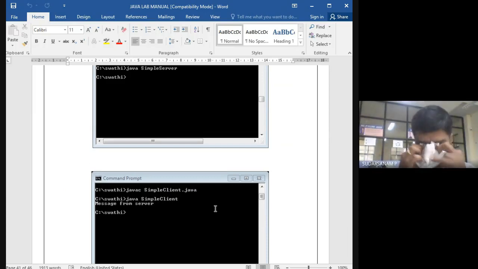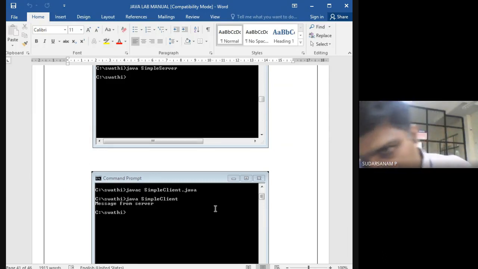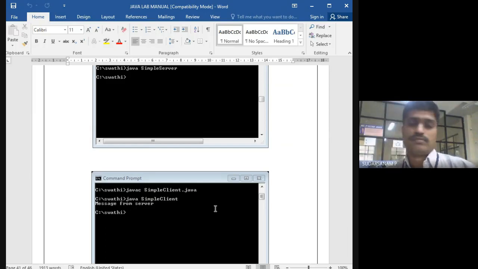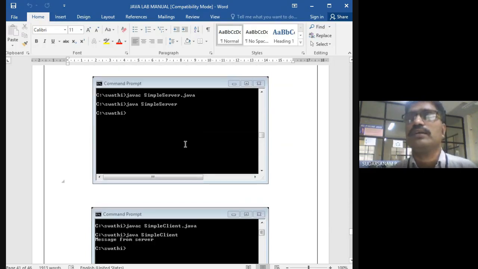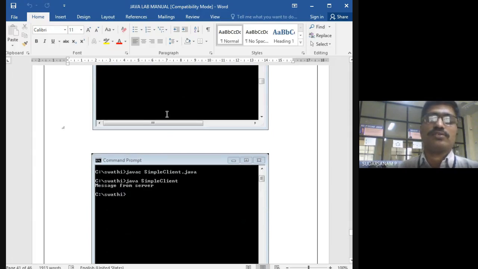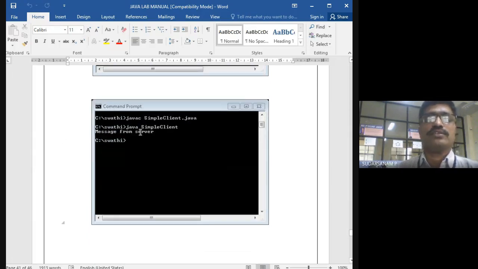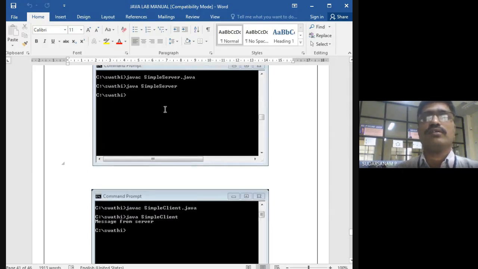Normally, whatever servers we are using will be running 24 hours. But here, for our understanding, we are writing the client and the server to see how it works. So you have to run the server separately and the client separately. So now you have to run the server also, the way of running is java SimpleServer.